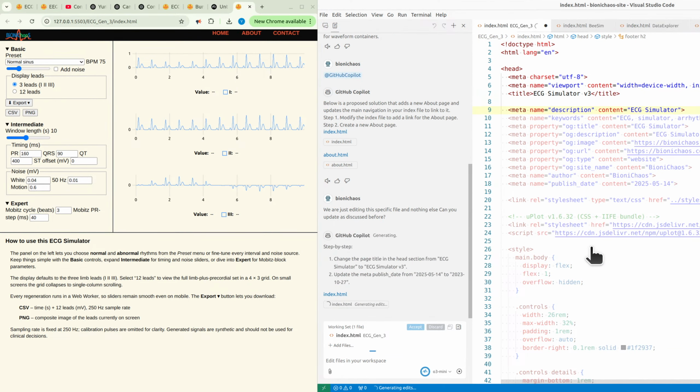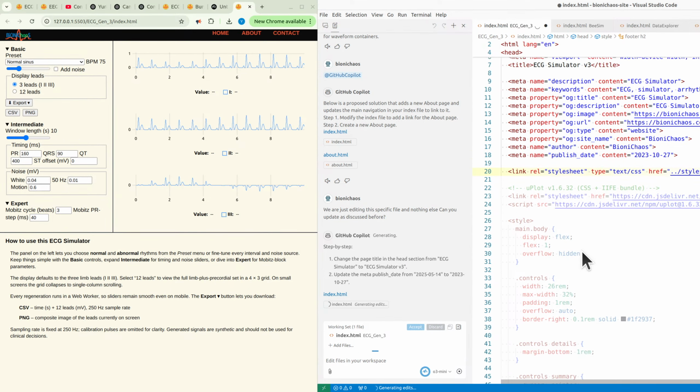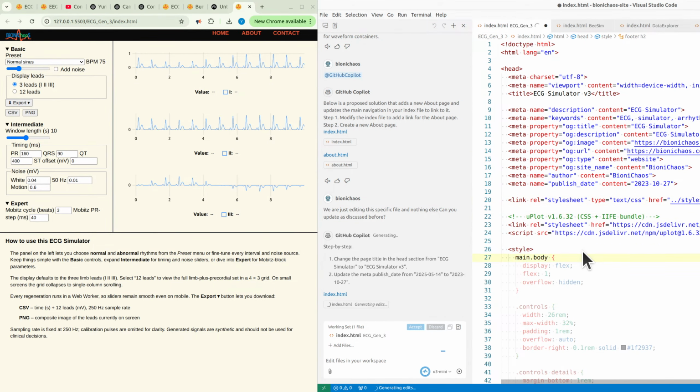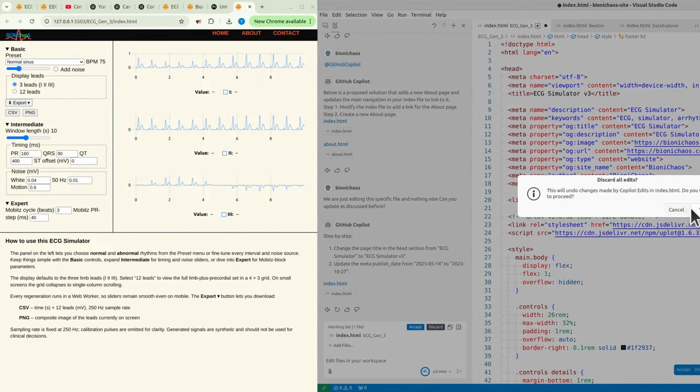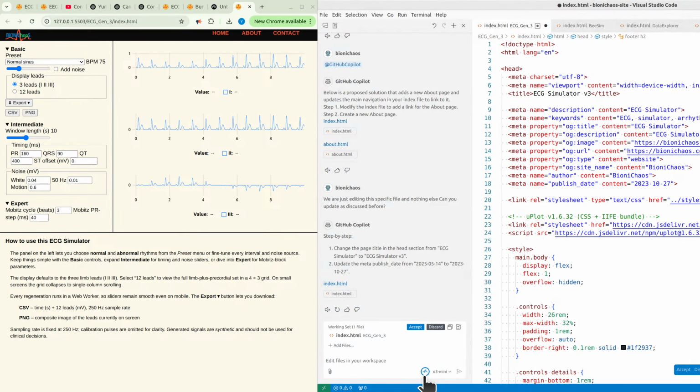Change the page title in the head section from ECG Simulator to ECG Simulator v3. Update the meta publish _date from May 14, 2025 to October 27, 2023. Index.html. Existing code. Head. Metacharsa equals UTF-8. Existing code. Title. Yeah,